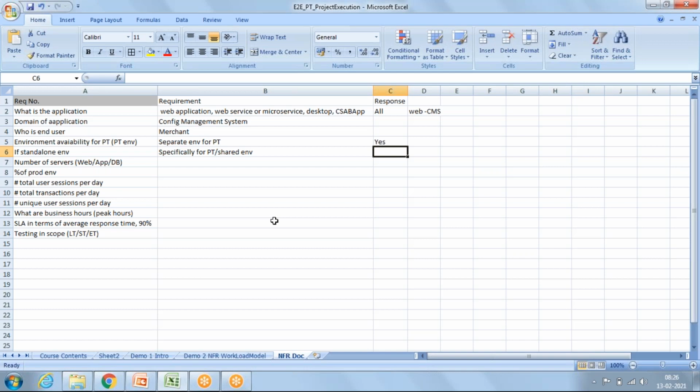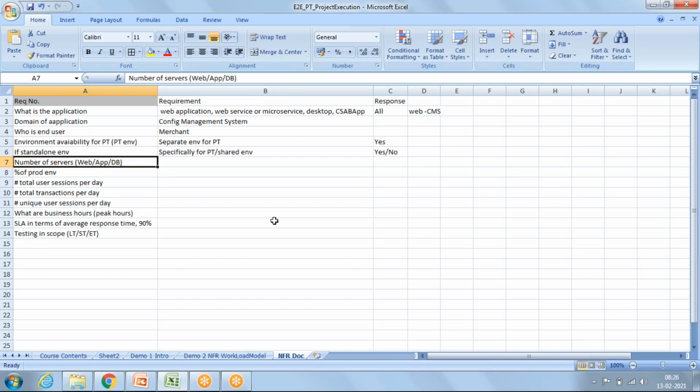The answer is, if the client cannot give us a separate environment, because there may be many challenges such as budget, infrastructure or team availability, we'll say okay, we'll do our PT on this environment, but we need a time slot where only the PT team will be accessing it and no other activities will be running. So your response can be yes or no.